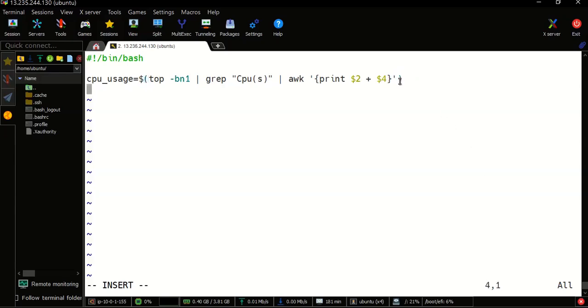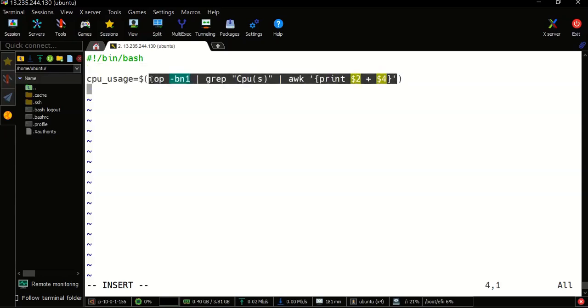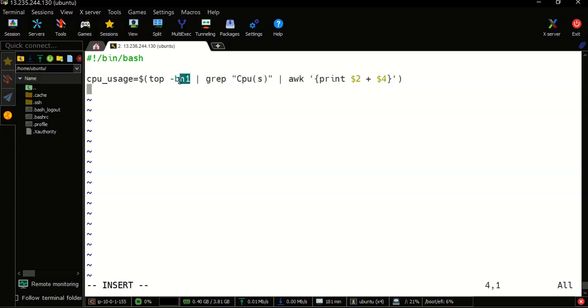This command would give you the CPU. The top command is to display system information, and -b is for batch mode, suitable for scripting. And -n1 is to run the command only once. So -b is for batch mode,